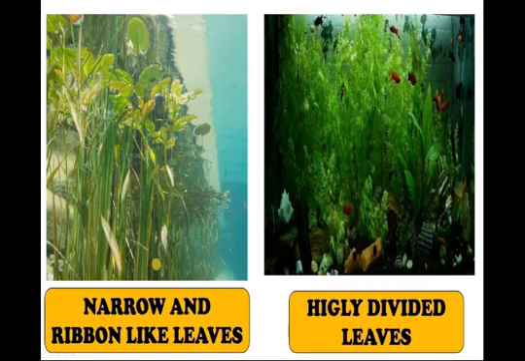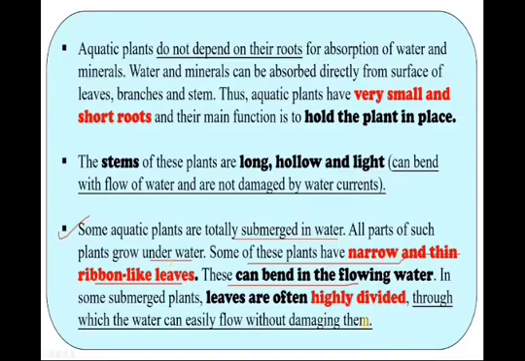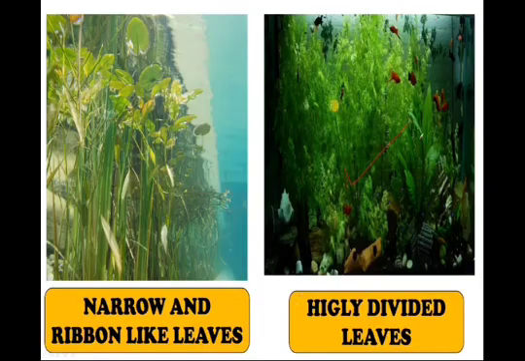So what happens when water is flowing strongly? Yes, at that time the plants bend in the flowing water, and leaves are often highly divided. In some plants you can see highly divided leaves, which are fixed on the soil, right? This highly divided leaves, when the water is flowing strongly, when compared to this